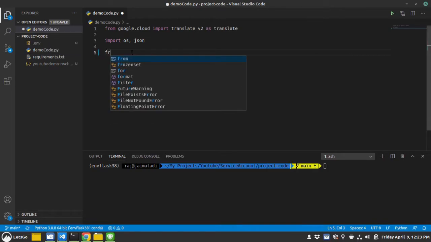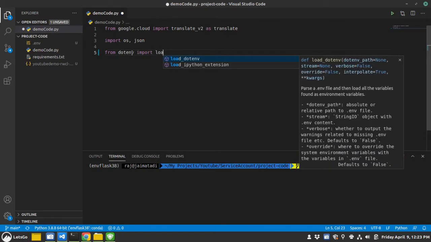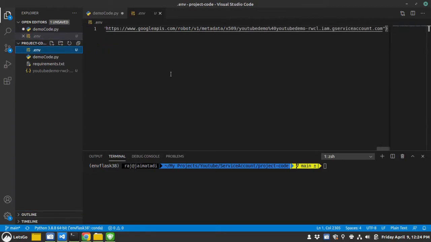First, let me import the dotenv module, and from that load_dotenv. I'll use that method so that this program can read the variables from the env file.